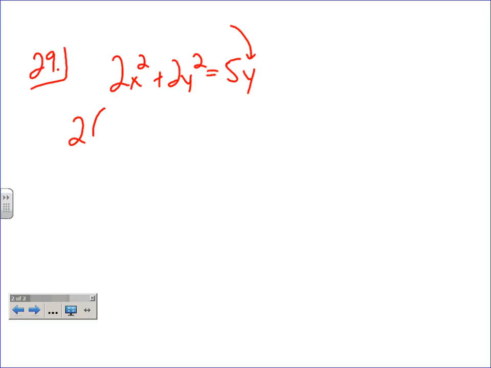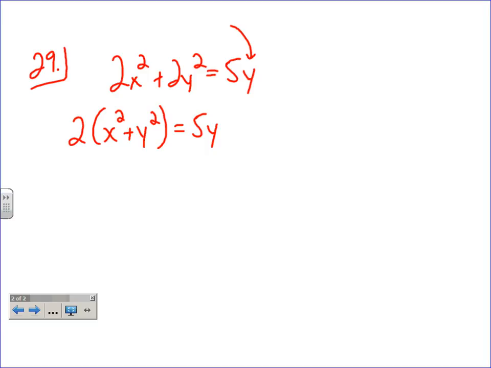And 29. This one's probably a little bit more complicated because there's more variables in this one. Many different ways you could have gone about this one. You could do this very similar to the one that we did in class yesterday where we replaced x, replaced y, but it just makes more work for yourself. Really, this particular y right here, I would say we don't have a whole lot of choice, but what we could do is take a 2 out, factor it out, and then we're left with x squared plus y squared